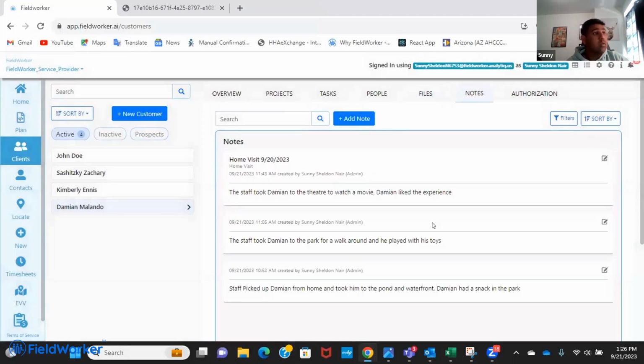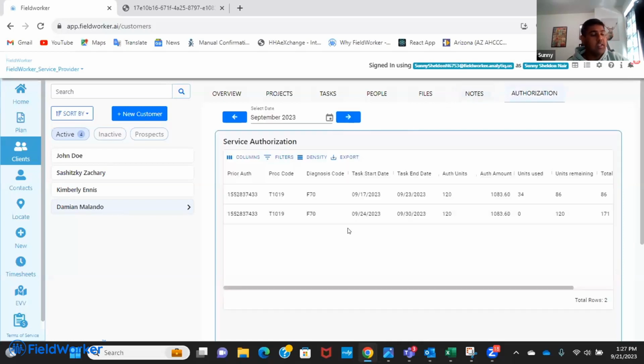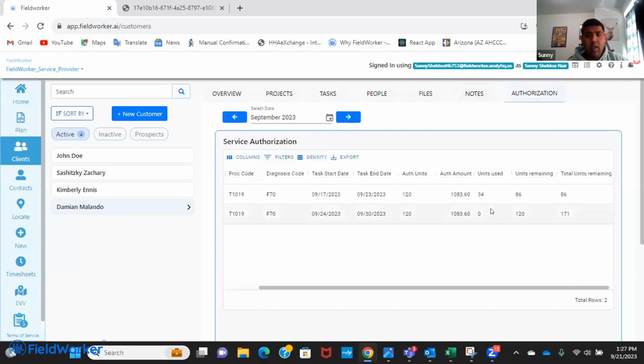Coming to notes, case notes, as you can see, case notes can be added to the system. And this happens again through the web app as well as the mobile app. On the mobile app, we have an additional feature of voice to text, which allows your caseworkers to talk into the phone by clicking the mic button and then record a note. So it's really easy in the field to enter in the case notes for the clients. And then finally, the authorization, which gives you an idea of the total number of units remaining and the units used for a service period.